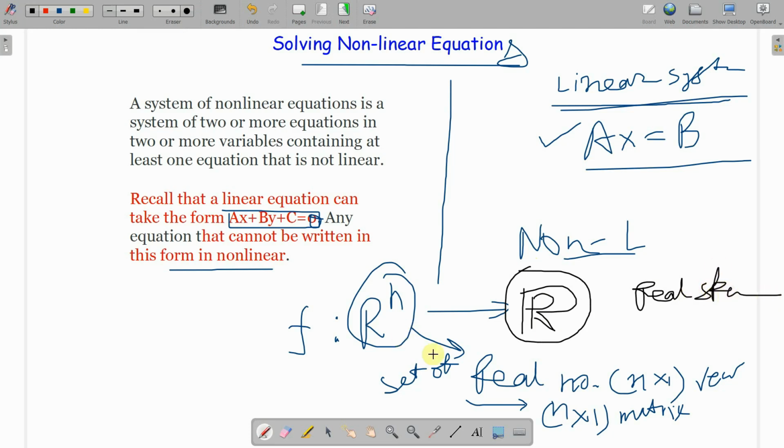This matrix, vector or function is in the real space. That's the initial declaration. So when a function f is in the real space and consists of n cross 1 vector terms, then you can write